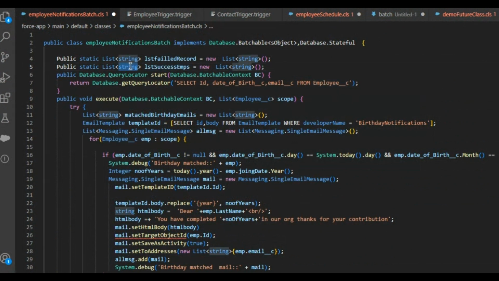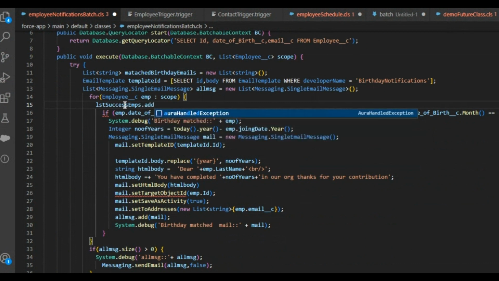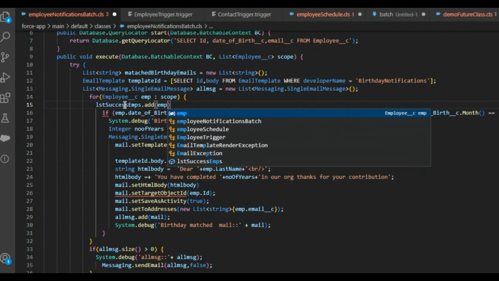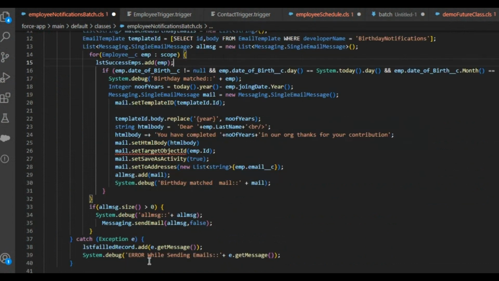List of employees, I'm going to add the employee records over here, and here a list of failed records. In the success case, I'm executing this in the execute method. Just for your understanding, I'm showing you how it will work. Add of employee record. I'm adding the employee record in my execute method. In the failure case also, I can use my